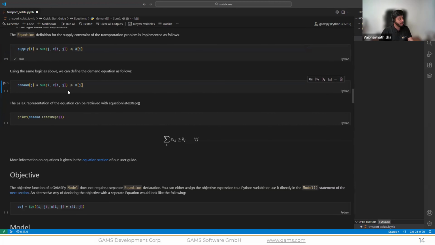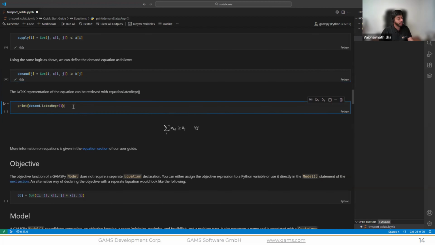And similarly, for the demand constraint as well, we want to make sure that the demand at each market J must be met. So we have to ship at least the demand at each market J, and this expression captures that constraint.